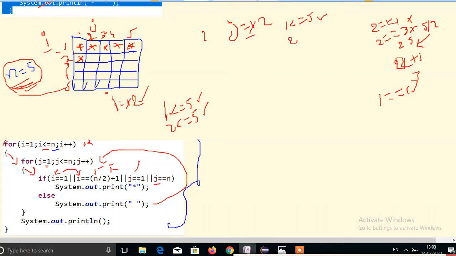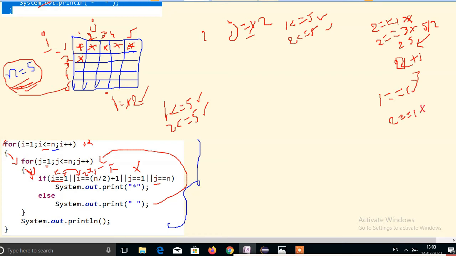Check the condition, 2 less than or equal to 5, condition true. If the condition is true, it will go inside the for loop body. In the for loop body we check the i value, which is 2 now. So 2 double equal to 1, condition false. The i value is still 2, so this condition is also false. Again j double equal to 1, this condition is false, because now j value is 2, so 2 double equal to 1, condition false.